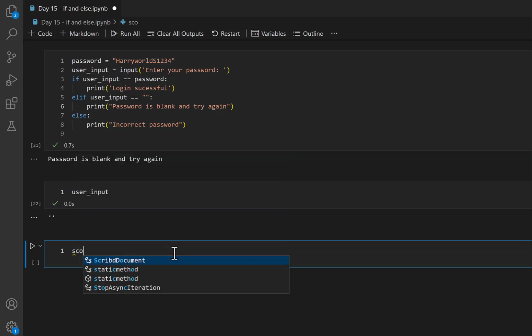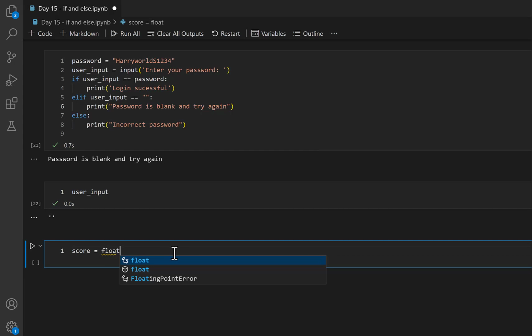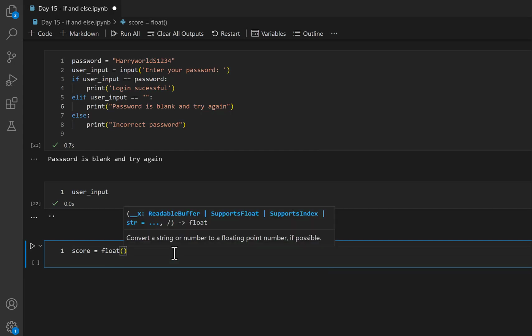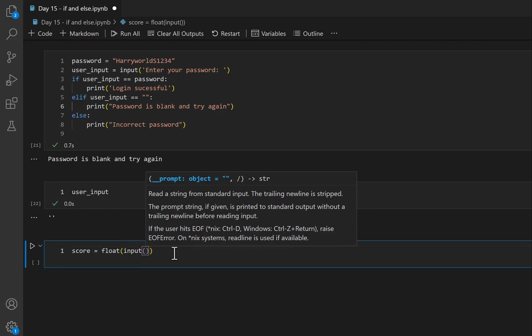Let's say I'll make a score chart. I want to have a score, and I will say float, there will be a float. I gave you the lecture in the first few videos, second or third videos, about what is float, the data types. So I will say input, the same input, and I will say